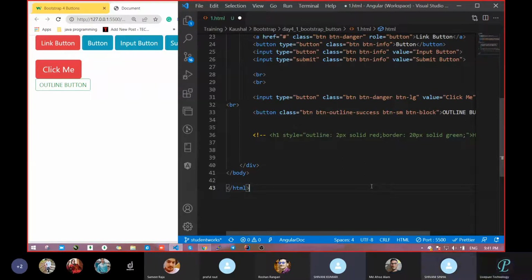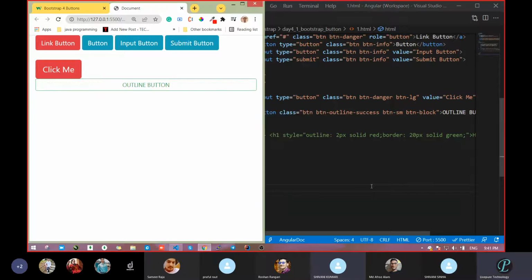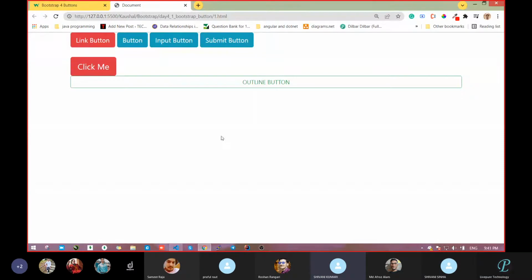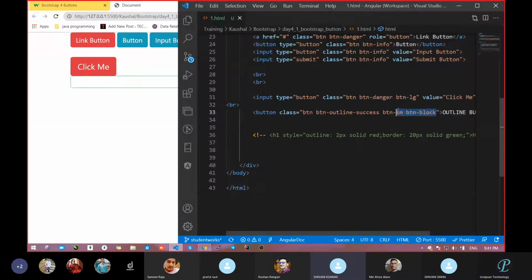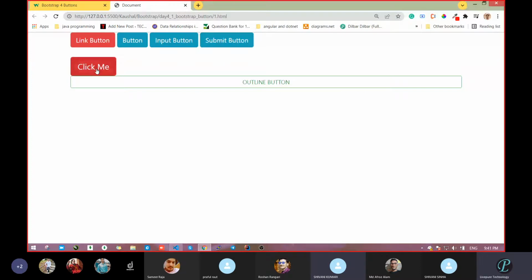Correct? Yes, sir. So let's save and see what happened. Has it acquired full width? Yes, sir. Correct? So whenever you want a big button across the screen, you can go with this btn-block. Clear? Don't ask whether btn-inline is also there, because this is already inline.